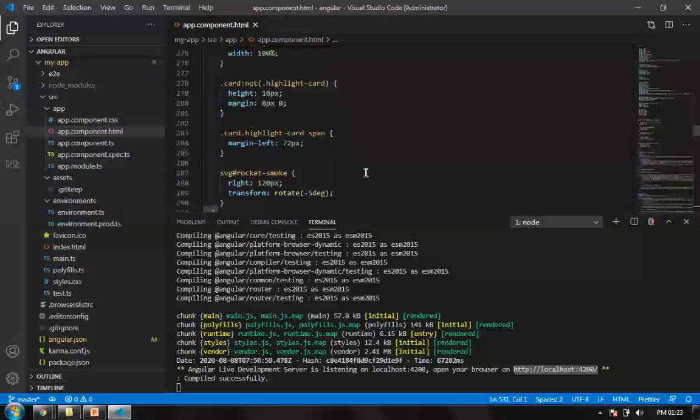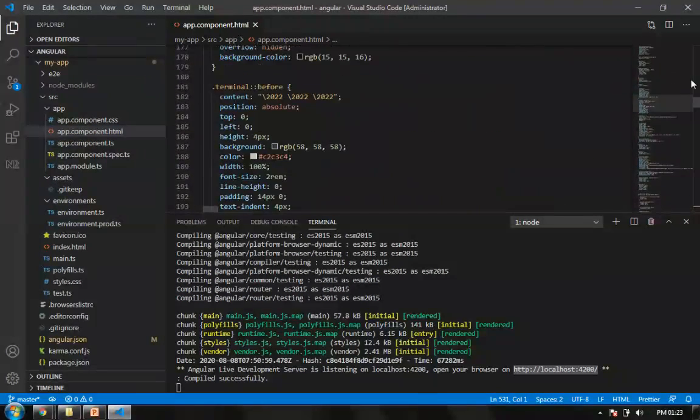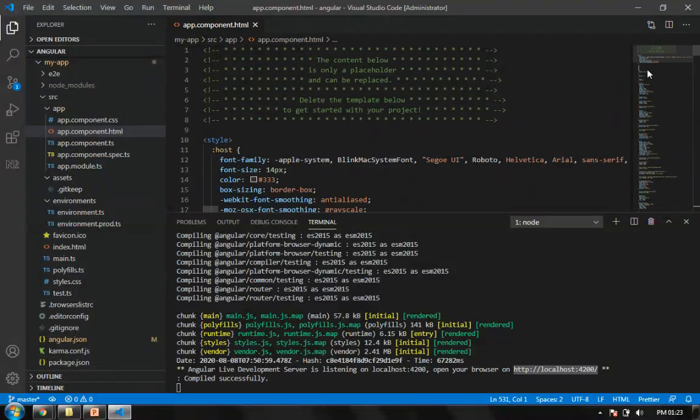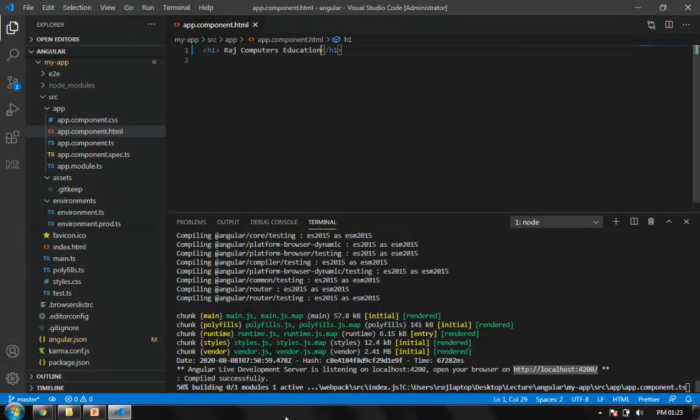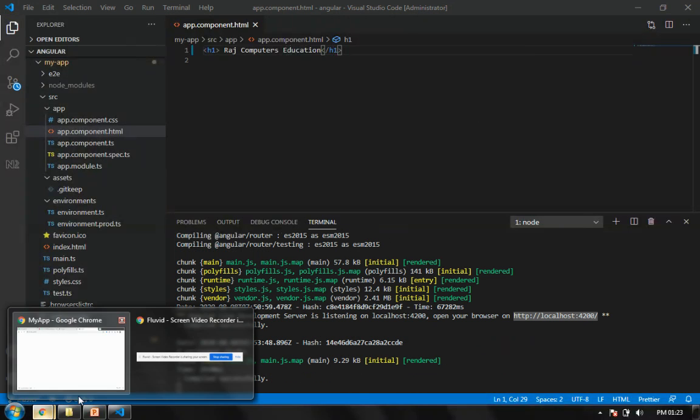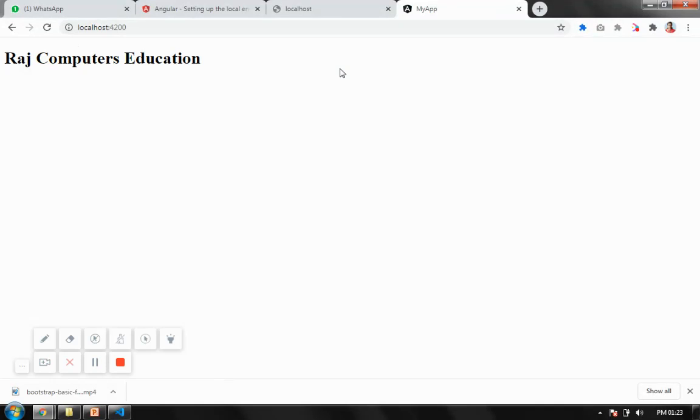And even the CSS also. I go to the top, select them all, delete, and only print a single tag, that is H1. It's Raj Computers Education. I save this. As soon as I save this, it's recompiled for me. See, it's recompiling for me. And now, if I see it, Raj Computers is there.